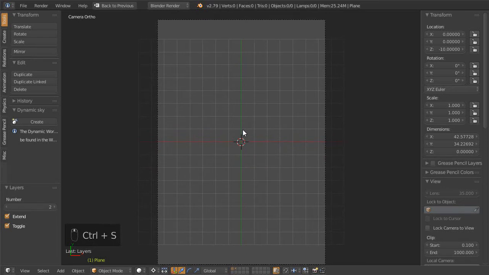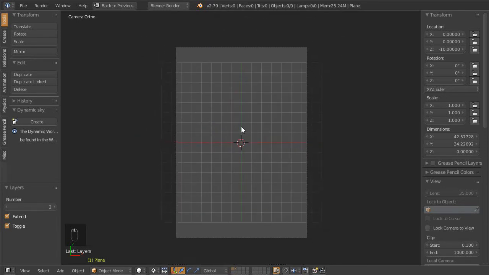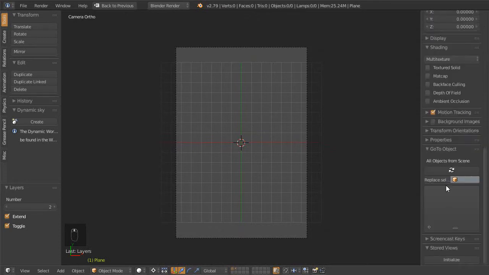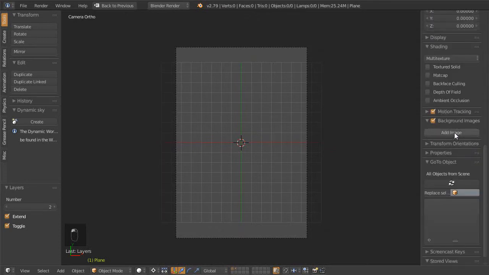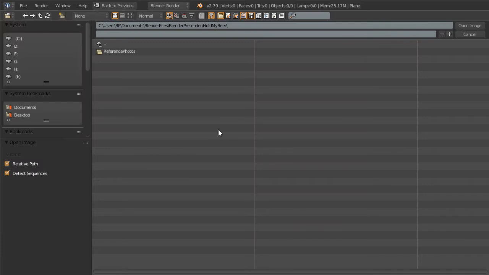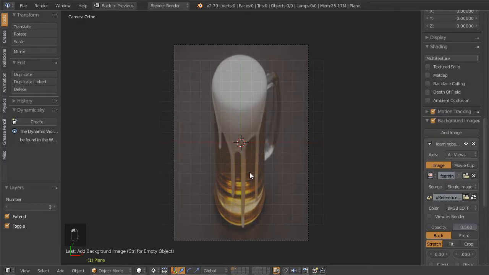Okay, what I'm going to add now is, oh wait, I need my background images. Of course, I did that beforehand just to try to limit the time. And so that can be imported through here, I hope. Add an image, and I'm going to open. Let me see. I am in the folder that has the Hold My Beer reference photos. I'm going to use the one that says background. This is just a duplicate of that image, just in case I want to import the